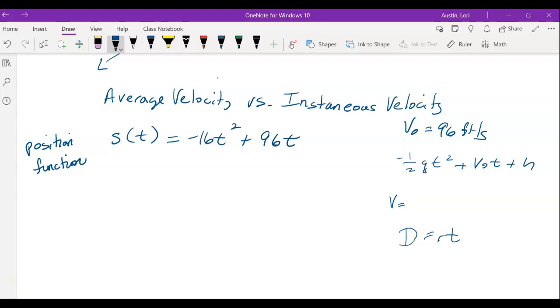Hopefully you've used that before in your algebra classes or basic physics classes. So we think of velocity as the rate. That means rate equals distance traveled divided by time. So that's how we can use the position function. It's going to give us how far it traveled, and of course the t is going to give us the time. So now what I want to do is say, what is the average velocity